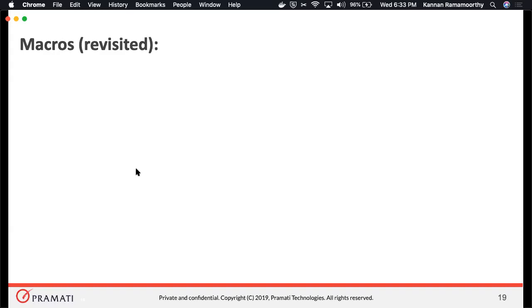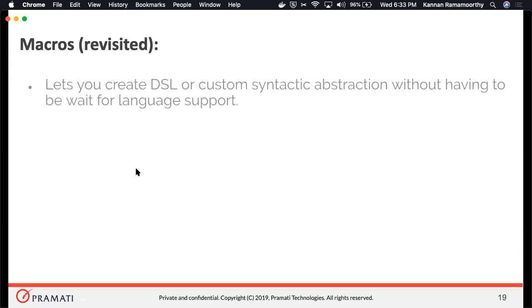It's possible for you to plug in an additional translation layer. So you can define your own macro with your own grammar, and you define that macro in such a way that for a particular grammar, it returns this particular Clojure code. These kinds of features give you the flexibility of defining DSLs, meaning domain-specific languages, and they also let you create syntactic abstractions. By syntactic abstraction, what I mean is that you can create your own custom syntax using a macro, which will return equivalent Clojure code that is then evaluated.